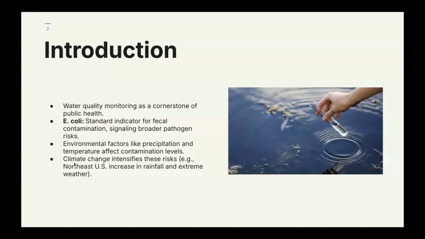So, to kick things off, let's start with why this work matters. First and foremost, monitoring water quality isn't just about meeting regulations, it's about protecting public health. And so, one of the primary strategies in water quality monitoring is the use of these indicator organisms to assess the level of water contamination. Among these, E. coli, its common name, stands out as the gold standard in the water sector. And this is largely due to its specificity in detecting fecal contamination and the ease in which it can be